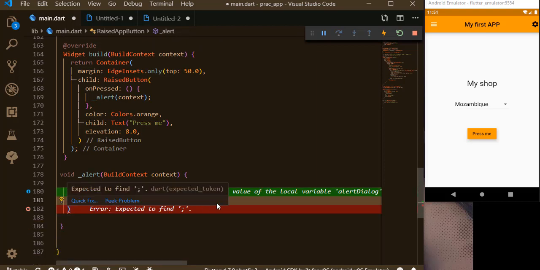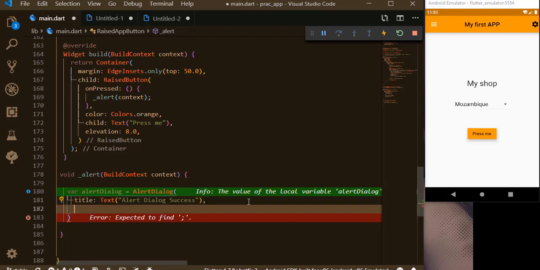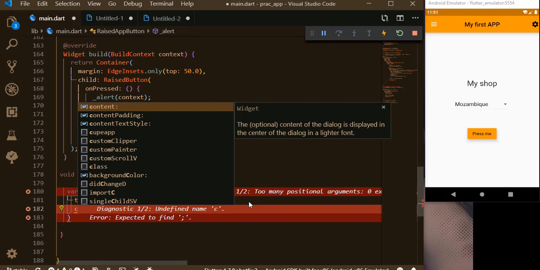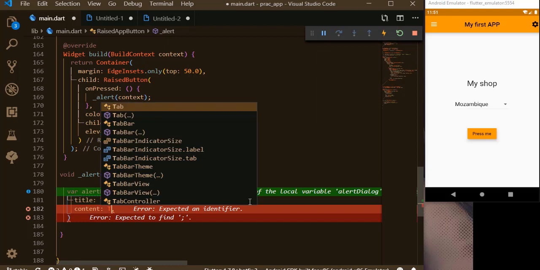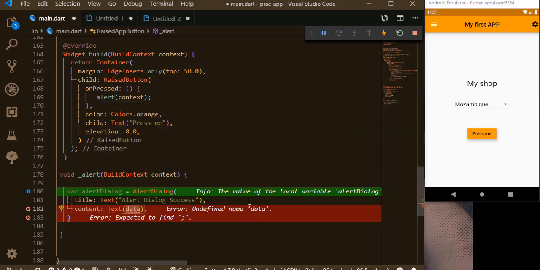All right, and again we have a content, and then that content will take a Text as well. Congratulations, you've made a dialog button